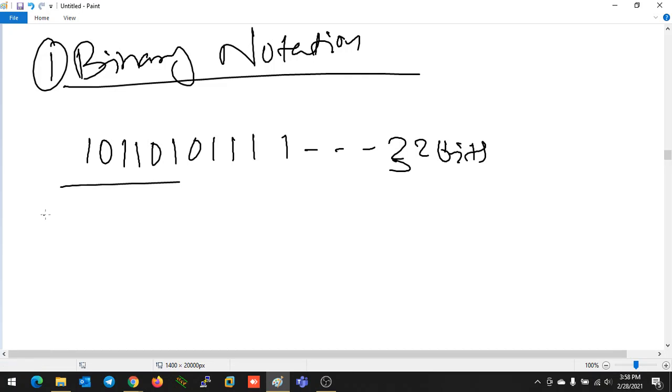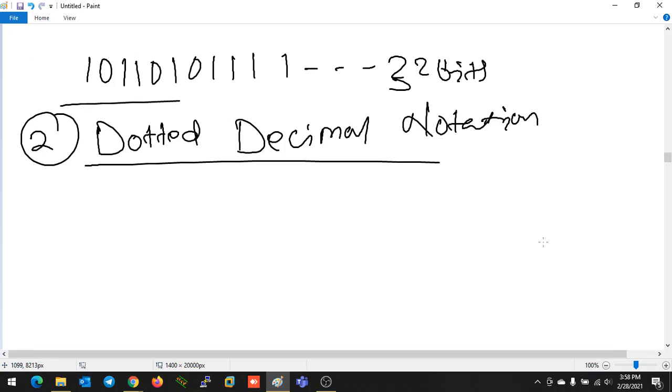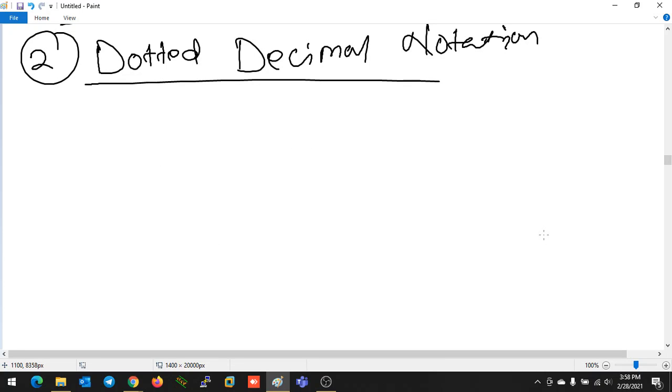So another notation is there to make it easier for humans to understand, that is dotted decimal notation. What is dotted decimal notation? We use a few dots and a few decimal numbers in that notation.